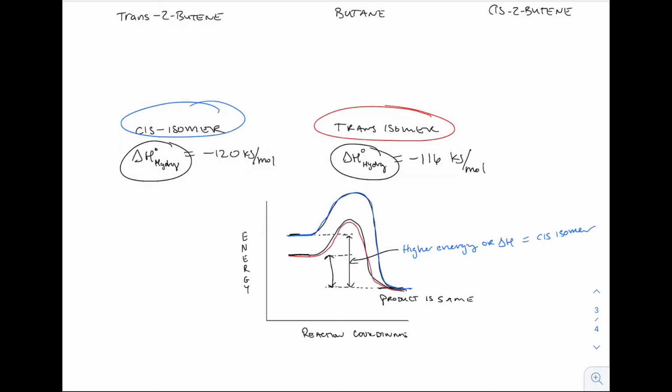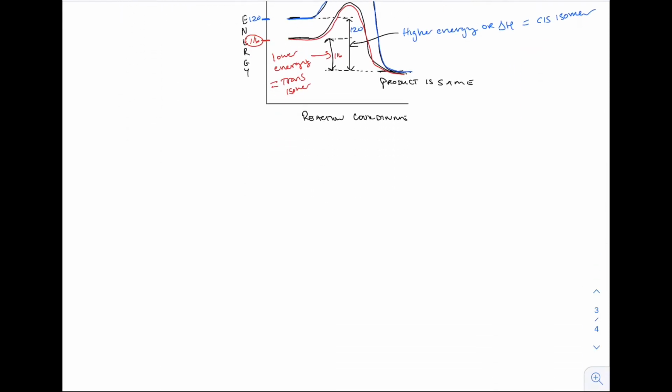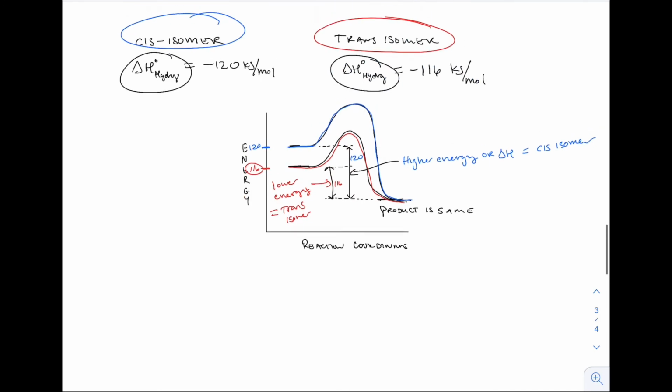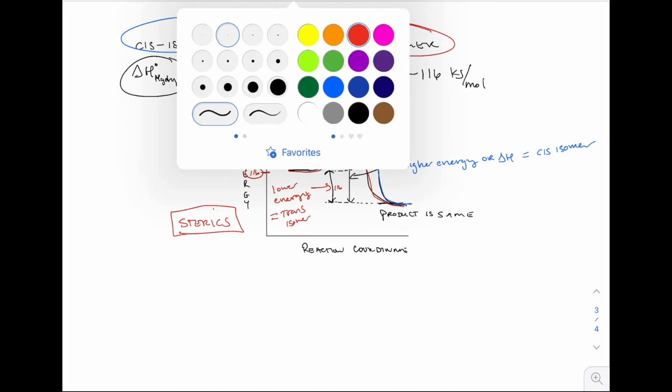And now this small curve right here in red is the trans isomer, because it's lower energy, and that resulted in less energy being released. And again, this is more proof that the trans isomer is more stable, in this case by 4 kilojoules per mole. Okay, and so I'm just drawing out all on the y-axis. You've got 120 and 116, just so you get an idea as to what I'm really trying to say about the energy difference and the loss of energy,